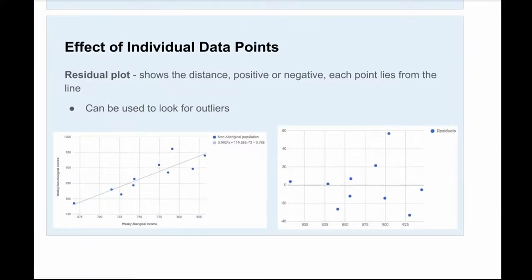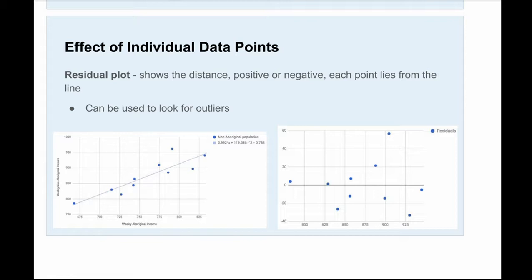Lastly, what we're going to look at is the effect of individual data points. Individual data points have the option to influence our data either on the high end or the low end. Basically, these are outliers. And what we can do is use what we call a residual plot that